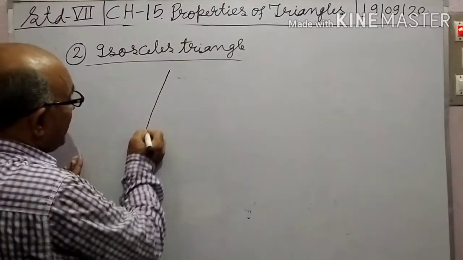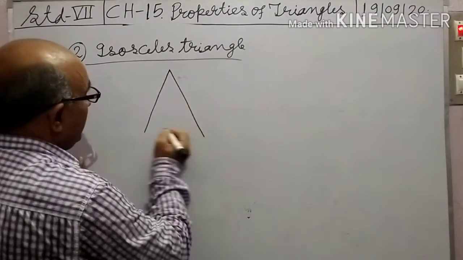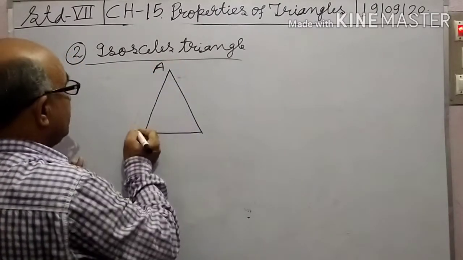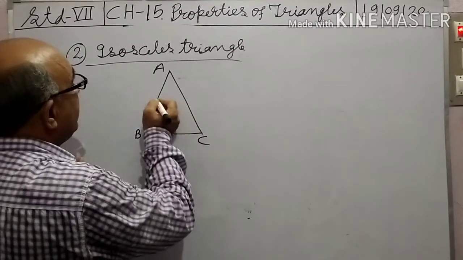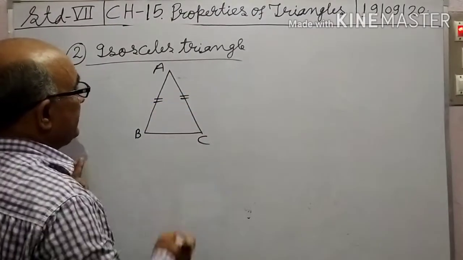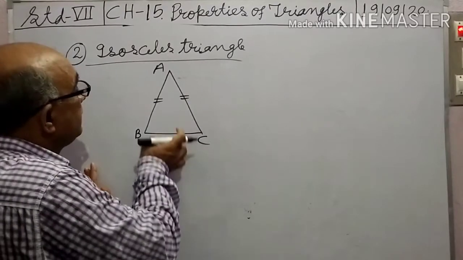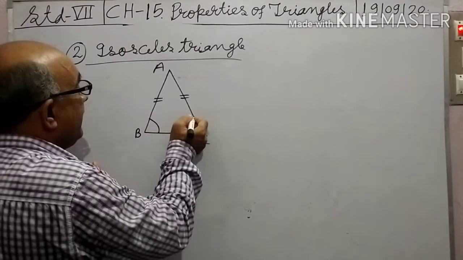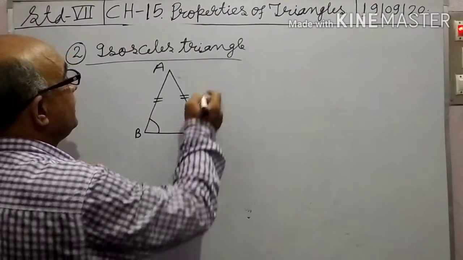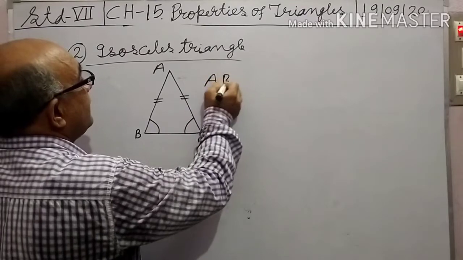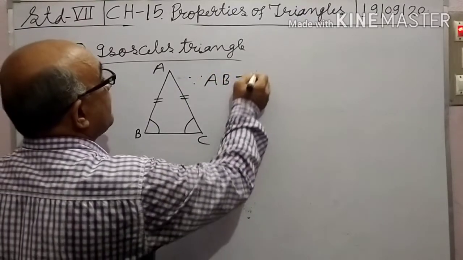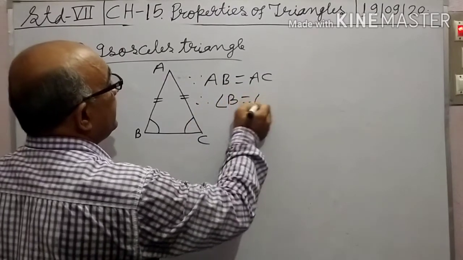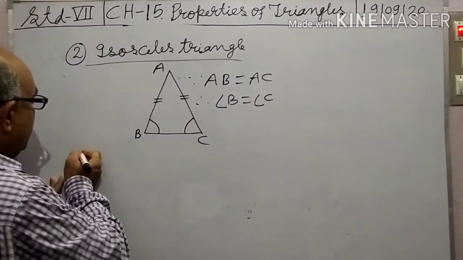The figure of an isosceles triangle is ABC, an isosceles triangle in which AB equal to AC. The base angles of an isosceles triangle are equal. Angle B equal to angle C. In this isosceles triangle, since AB equal to AC, therefore angle B equal to angle C. Third,